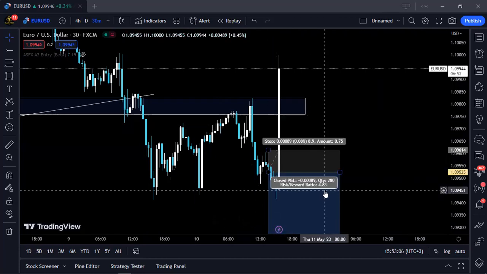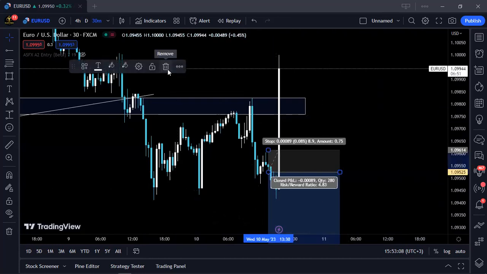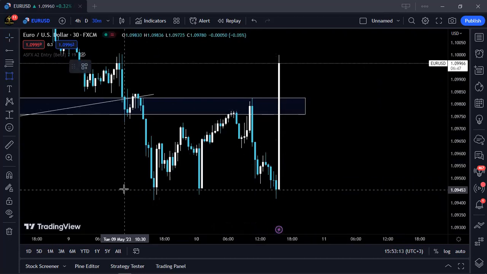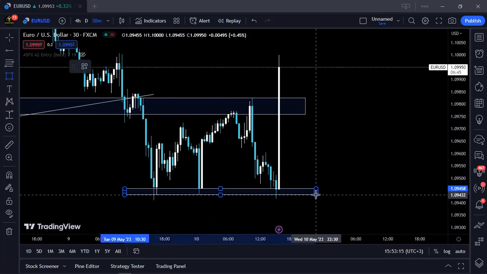So we got stopped out at break even. We didn't really lose anything. So it is what it is. What's our next move on EU? Our next move on EU,